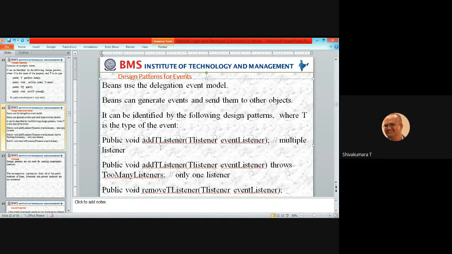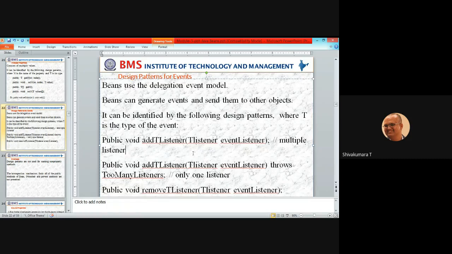You can listen to multiple, but depending on your topic of interest, you digest one. Getting? So here T is the type of the event which you are going to listen to. So this is add listener. So public void add T listener throws TooManyListenersException. So among that, only one listener you need to listen to.